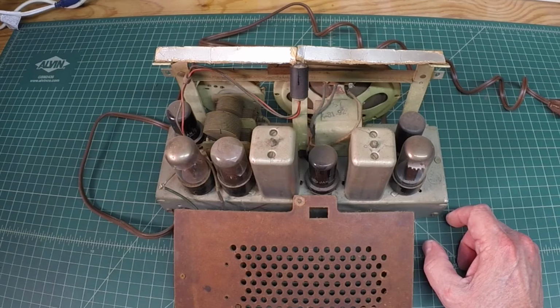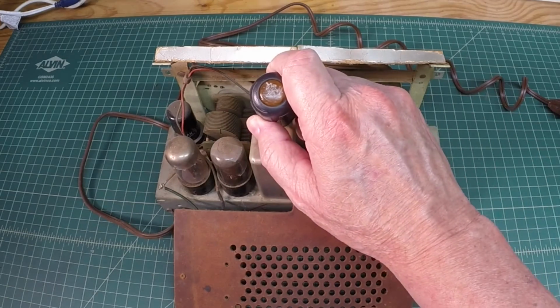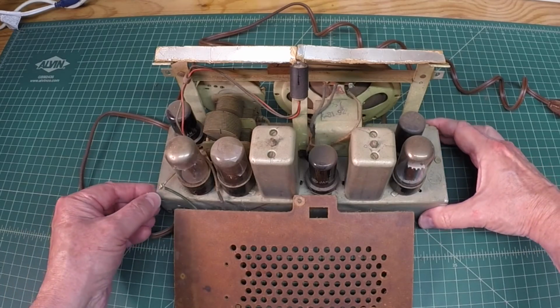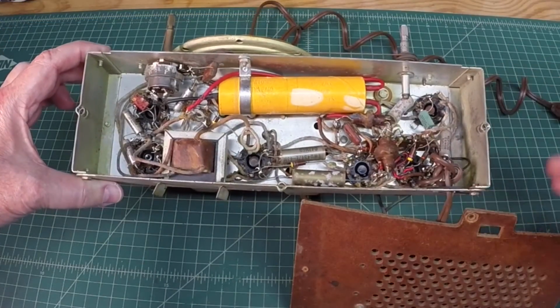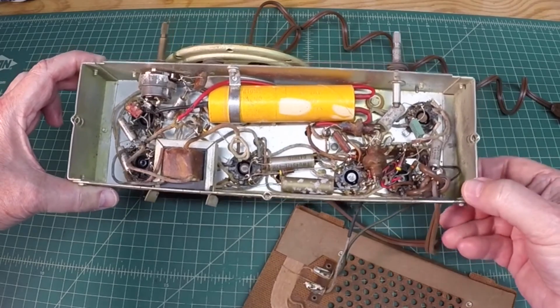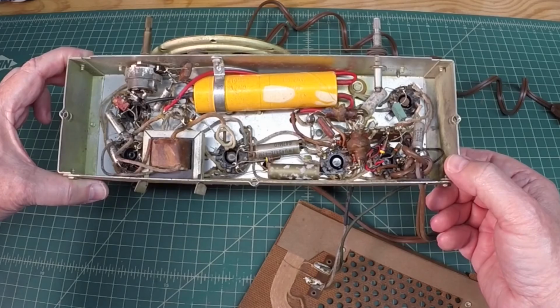I don't see any significant rust. Maybe just a bit over here in this area. But let's flip this thing over. Let's take a look at it and see what we've got here. I'm surprised. So looks like it's got a new line cord,